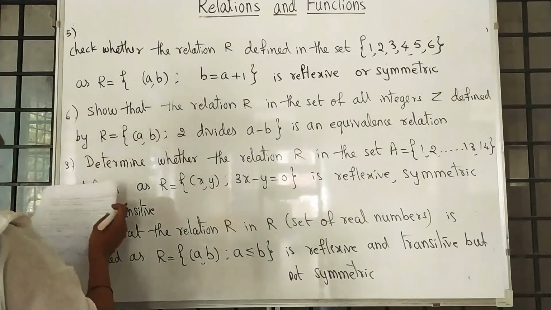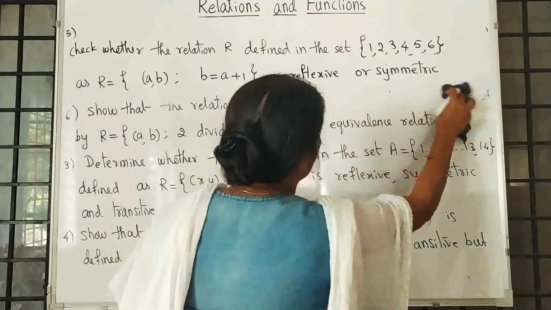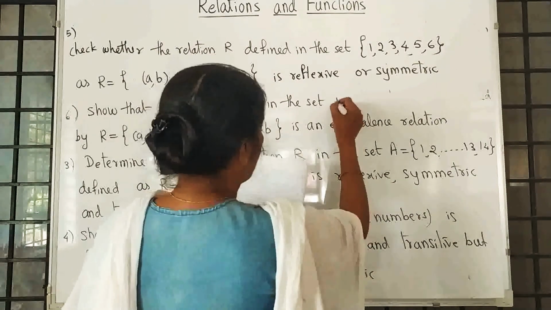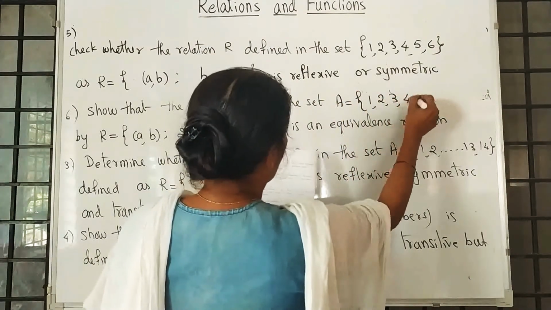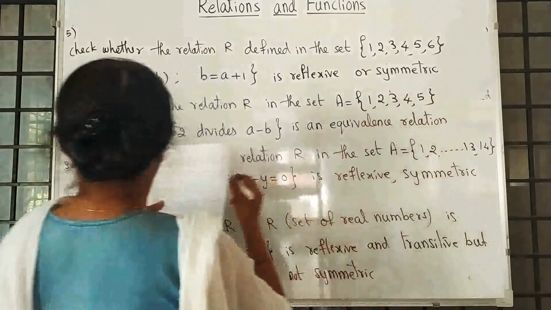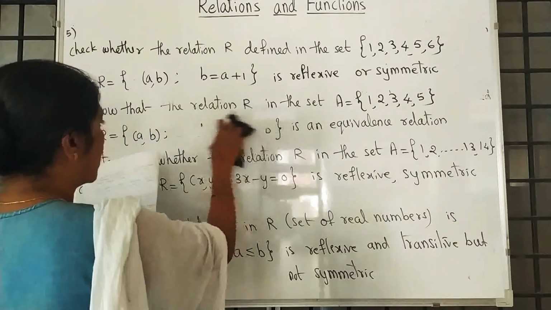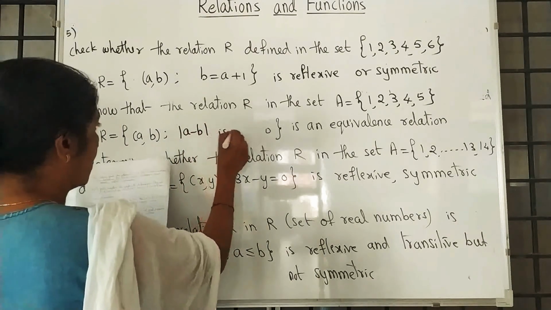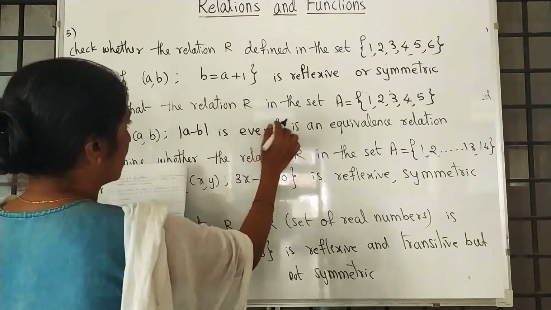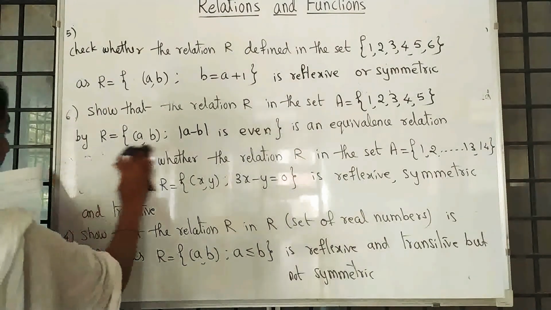Show that the relation R in the set A is equal to 1, 2, 3, 4, 5 given by R is equal to A comma B such that mod of A minus B is an equivalence relation. Seventh one,